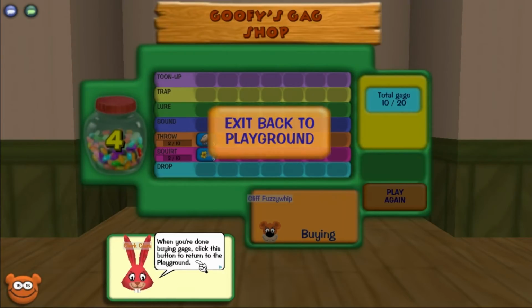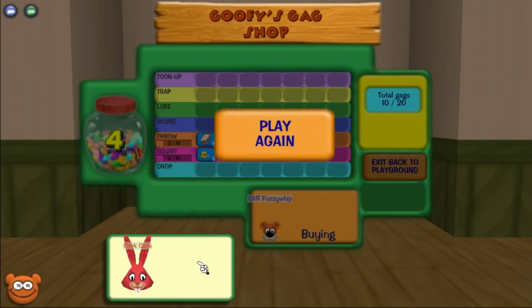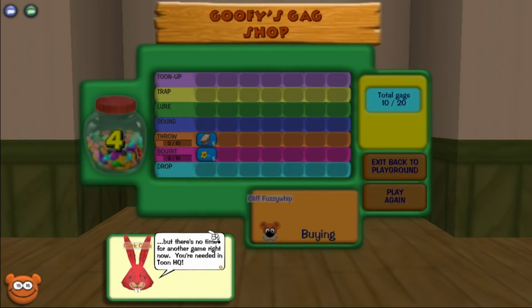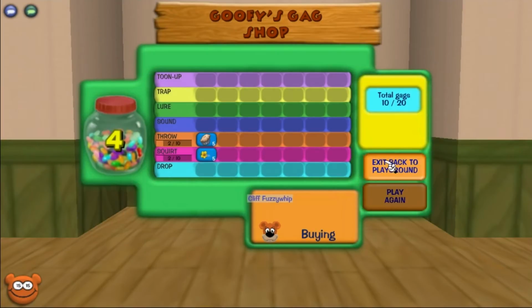When you're done buying gags, click this button to return to the playground. Normally, you can use this button to play another trolley game. But there's no time for another game right now. You're needed in Toon HQ. I suppose I am. Alright,